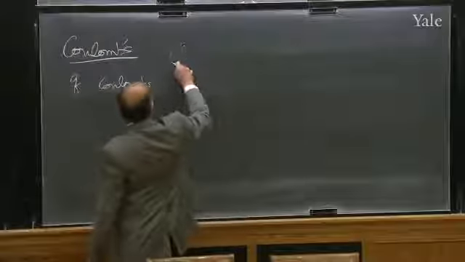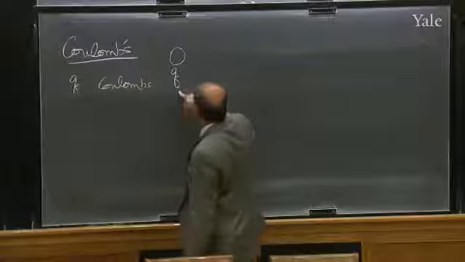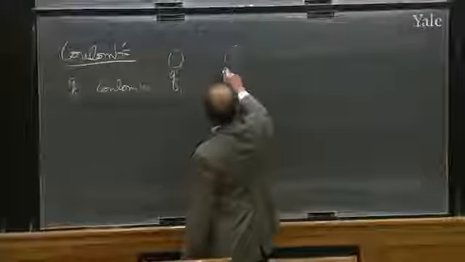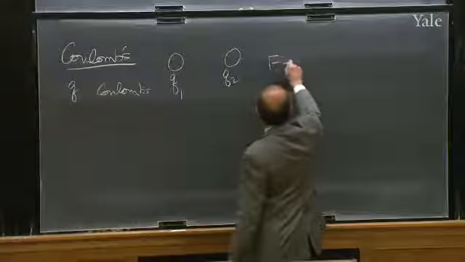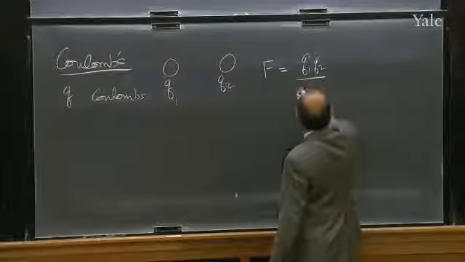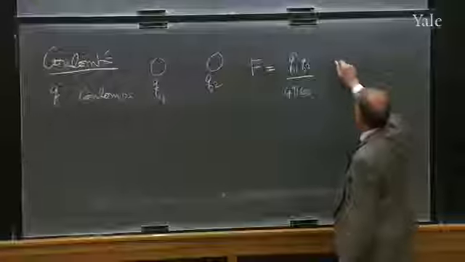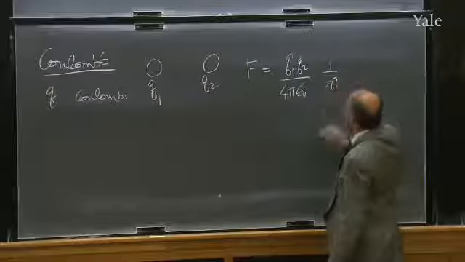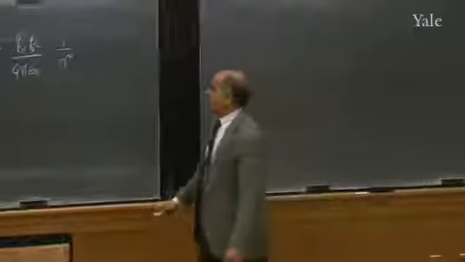The law says that if you've got one entity which has some amount of charge called Q1 and has another entity that's some amount of charge Q2, they will exert a force on each other, which is given by Q1, Q2 times this constant, which is somehow written as 1 over 4 pi epsilon 0 times 1 over r squared. But r is the distance between them.